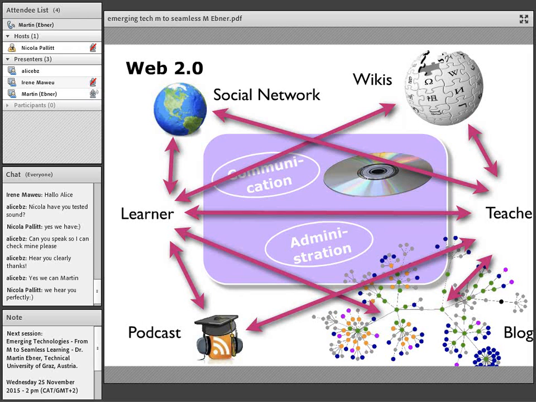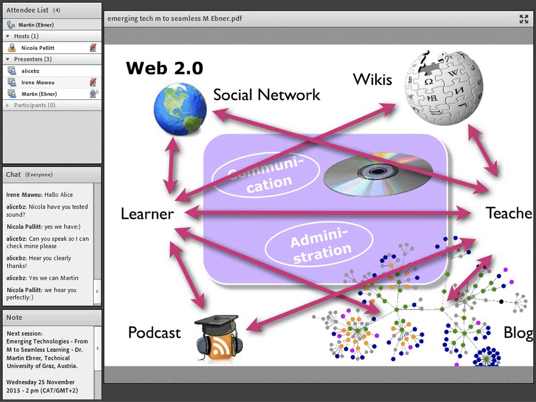And of course, the learner wrote in wikis, learned with wikis, the teacher wrote in wikis, and we combined different technologies, together with the information systems we had used, and began to use Web 2.0 for learning. And it was the stage of 2005, where for the first time, more or less, we were speaking about Web 2.0 technologies for learning.